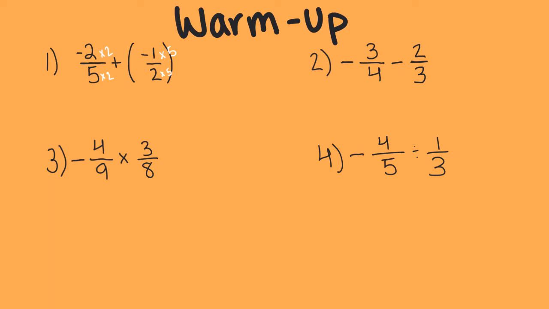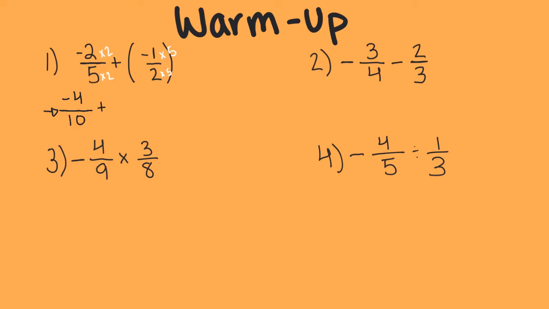All right, now let's go ahead and reset up our problem. So I'm going to reset it up down here. So first of all, I have negative 2 times 2. When I have a negative times a positive number, it's going to give me a negative. So negative 2 times 2 is negative 4 over 5 times 2, which is 10,